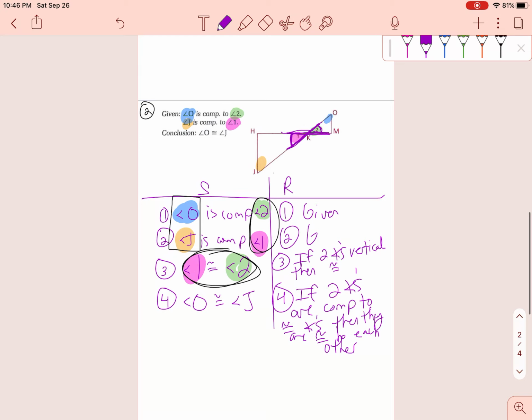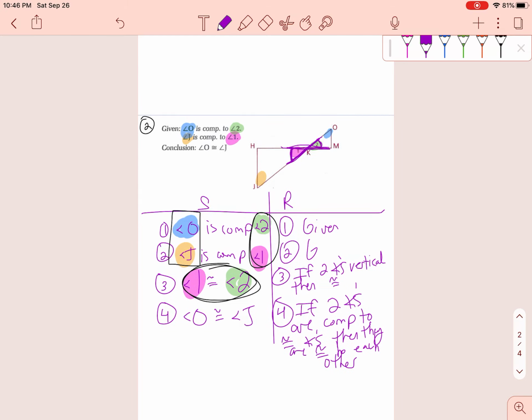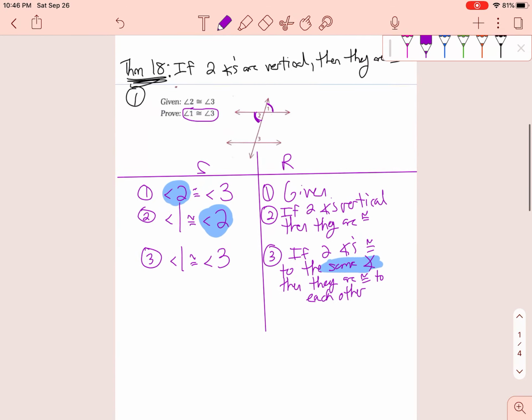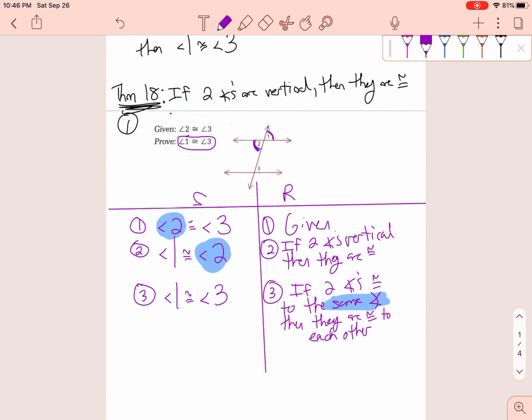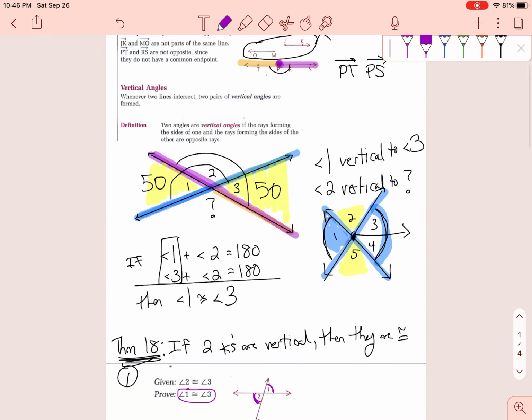Okay, so again, using vertical angles and then complementary. Here, using vertical angles and then transitive property. Just understanding what vertical angles are